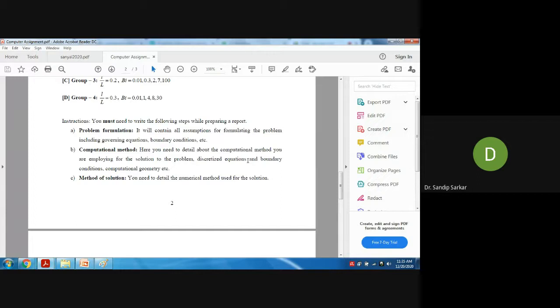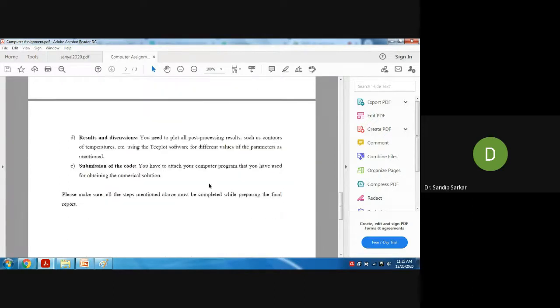Yes, I am writing this Gauss-Seidel method. These are the discretized equations, and the TDM method. These are the discretized equations, and I am using this method for the solution of the computational problem, or the solution of the discretized set of governing equations. This is the method of solution.